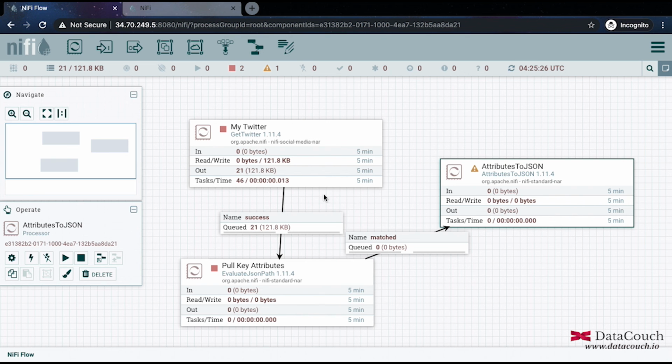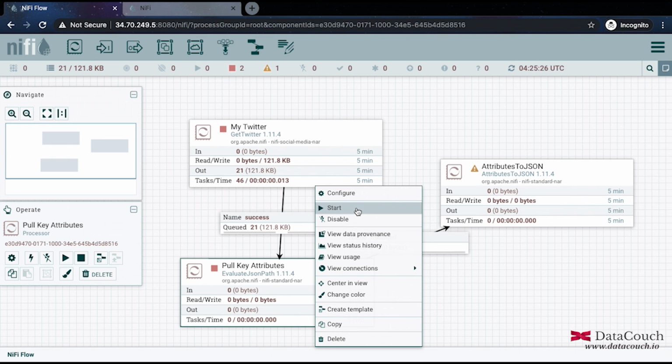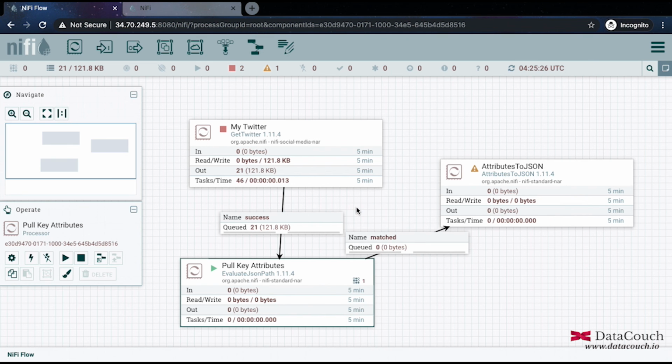When I apply it, I can see there are 21 messages queued. So I will run this processor, and I will get some data in this queue. We are expecting 21 flow files, and we are applying this transformation and enriching the attributes, extracting data from this.